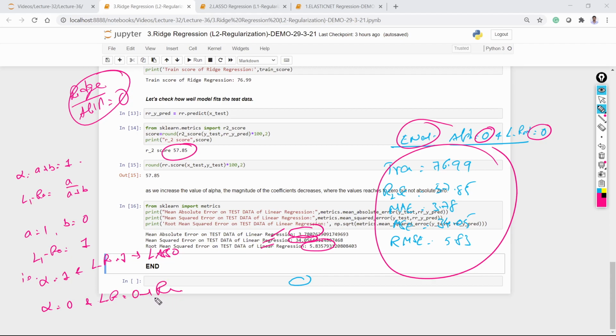So this is the advantage of elastic regression when we have a huge data set. Huge data set means when you have about 1000 features. In this kind of situation, you can apply the elastic net regression. So this is the concept.